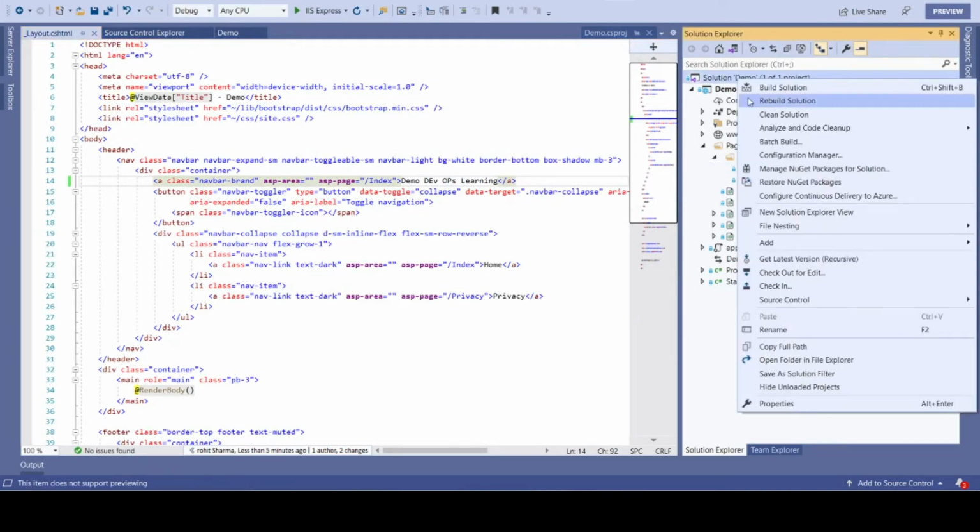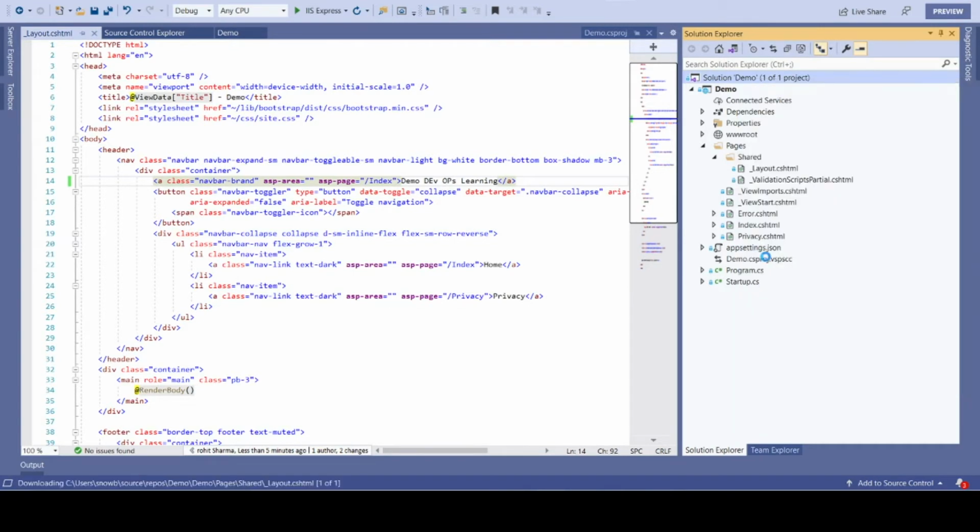But what I'm going to do, I'll just click on solution, I'll click get latest. So whatever changes were loaded by other users, other developers into the server, I am taking their changes into my own local machine. So if you see here, after taking the latest, this code is updated with the learning. So with the latest, I now have the latest code. Good. So we are good with the latest.